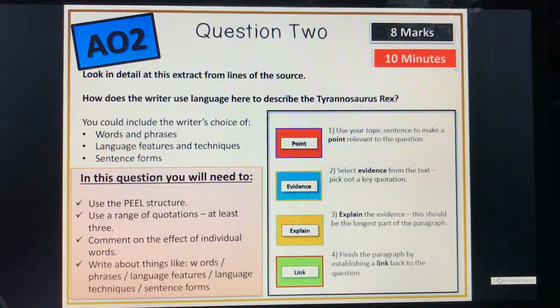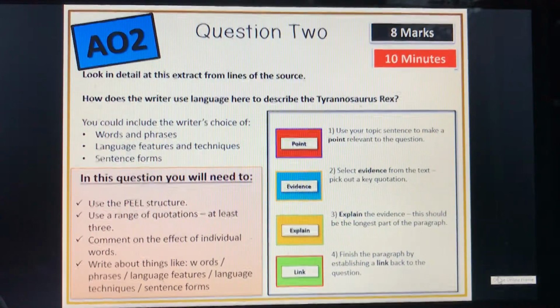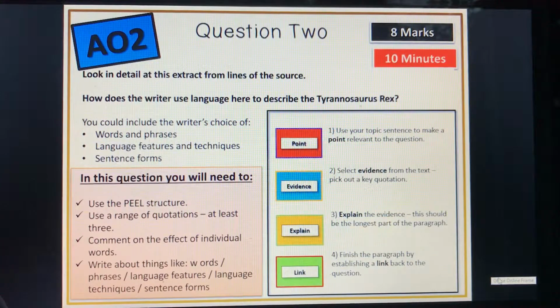Hiya. So we're now looking at question 2, paper 1 on the Ray Bradbury Sound of Thunder. What you can do with this one is either I'll just recap on basic question stuff and you can have a go, or if you carry on watching, there's loads of help and support about how you could answer the question, what you could say. So just choose to do whatever you feel you need to do at this point in time. You've got the mini mocks, so maybe go through this one easily. You've also got the one about the glass, bricks and dust, which is really weird, but did come up.